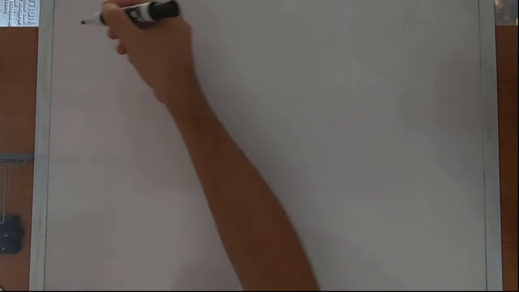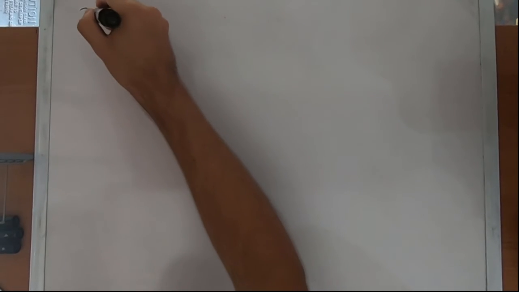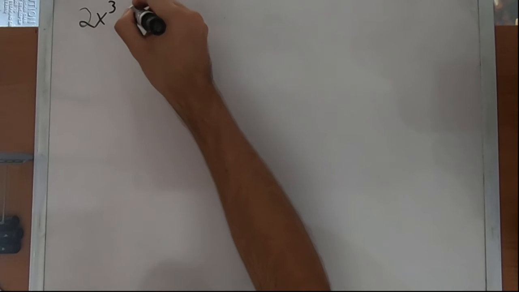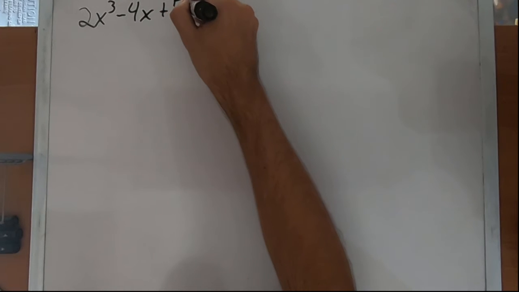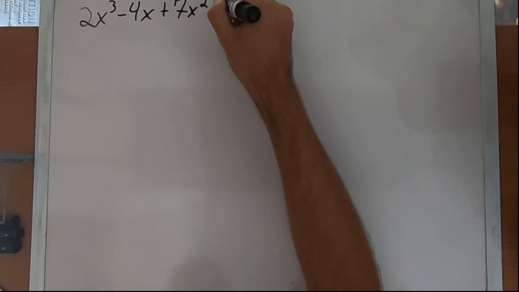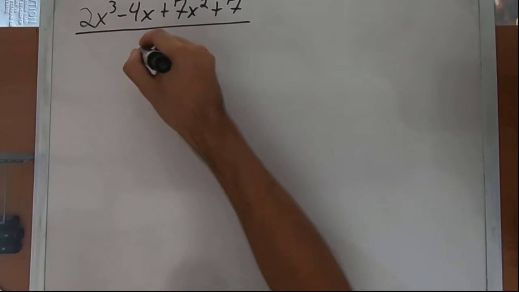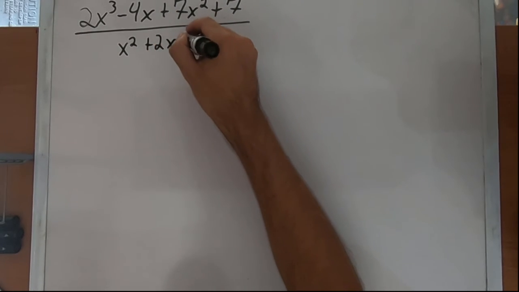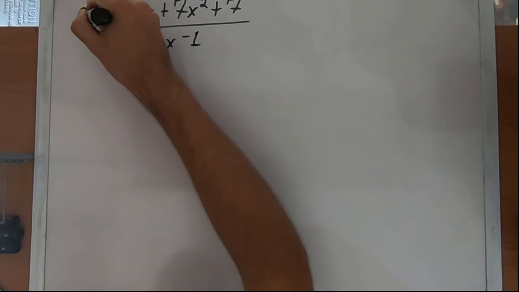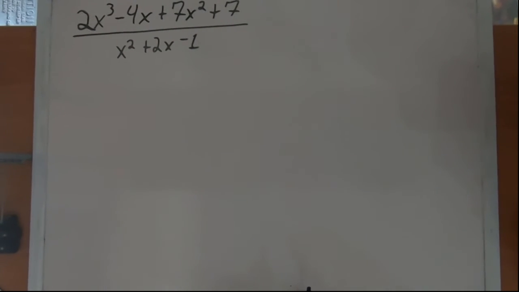Alright, let's look at another example with more terms in it. So 2x cubed minus 4x plus 7x squared plus 7, divided by x squared plus 2x minus 1. Let's do a little better. Okay,